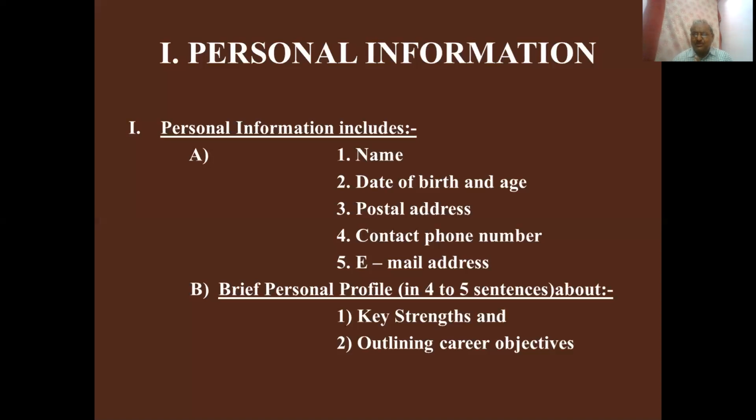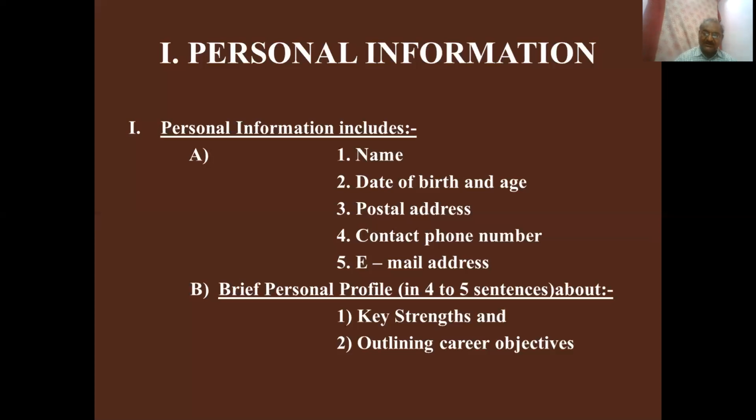When you present your information through this functional CV, you have to be specific. You have to present your key strengths and give a brief personal profile, writing your strengths and outlining your career objectives. So you present that I have these objectives by joining this company. I want to see the growth of this company. With my energy, with my talent, with my skills, I can enhance the position of this company and I want to be the CEO of this company. This is my objective. When you disclose all your objectives to that employer, the employer feels very happy and elated, and definitely you are going to get selected. This is the way you can find a room in the functional CV.